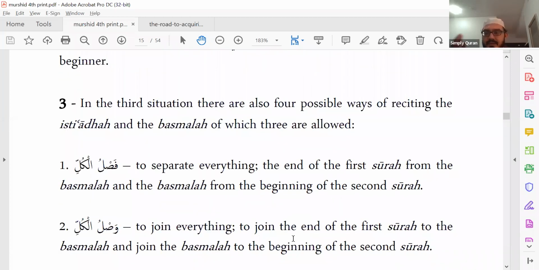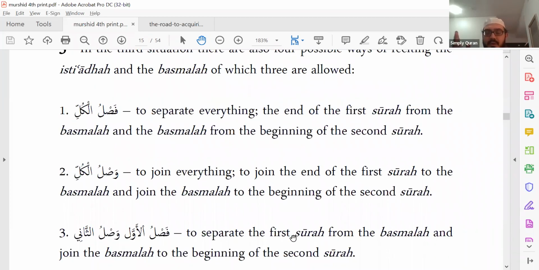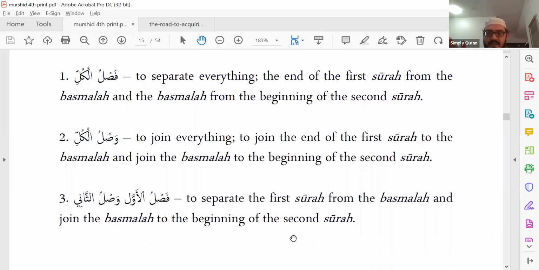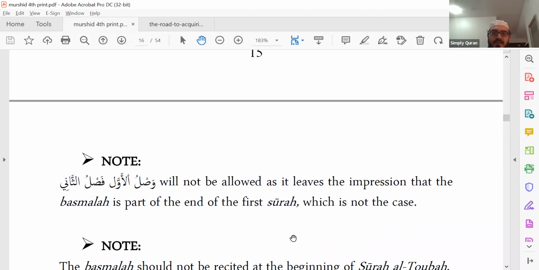Third scenario, you're ending the surah and starting the next surah. Again, either you join everything, or you separate everything, or you separate the first, which is the end of the surah, from the basmala, and then you join the basmala to the beginning of the second surah. Obviously, the other way, which is wasl al-awwal fasl al-thani, is the only way which is not allowed,